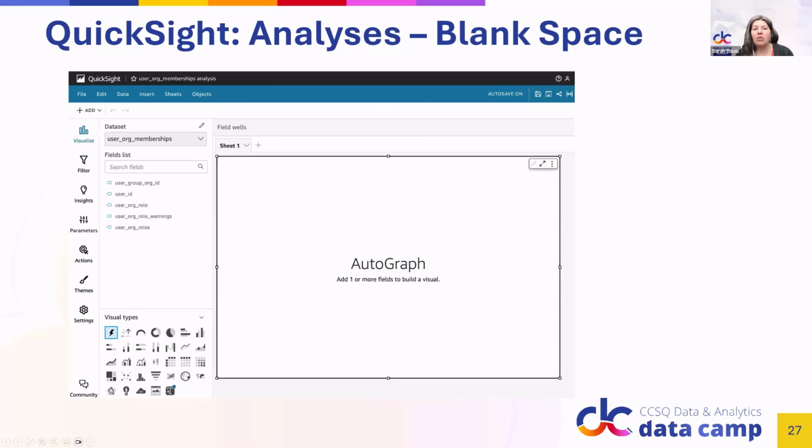All right, so now that you've selected your data set and you want to create your analysis, the first thing that pops up is a big blank page. So this is the space where you get to now start adding stuff in. You can create all the different visual data types that are there. QuickSight does have a new version of what this looks like, but you can always toggle back to the old version, which these screenshots are of. But this is kind of like the basic starting place for every new analysis.